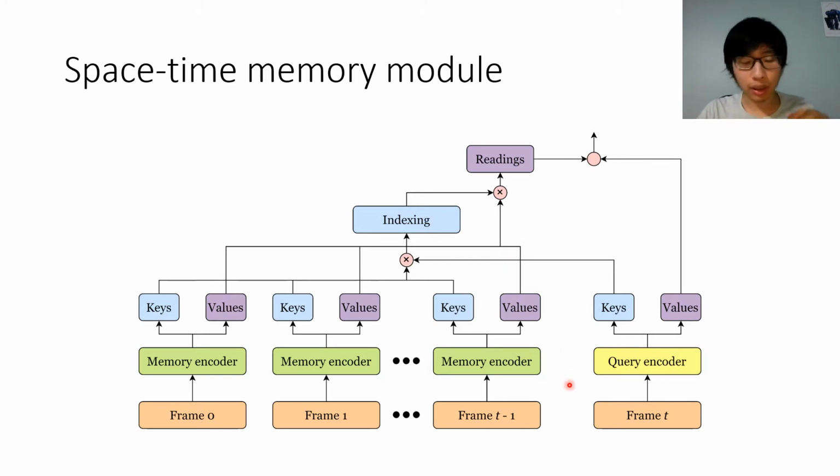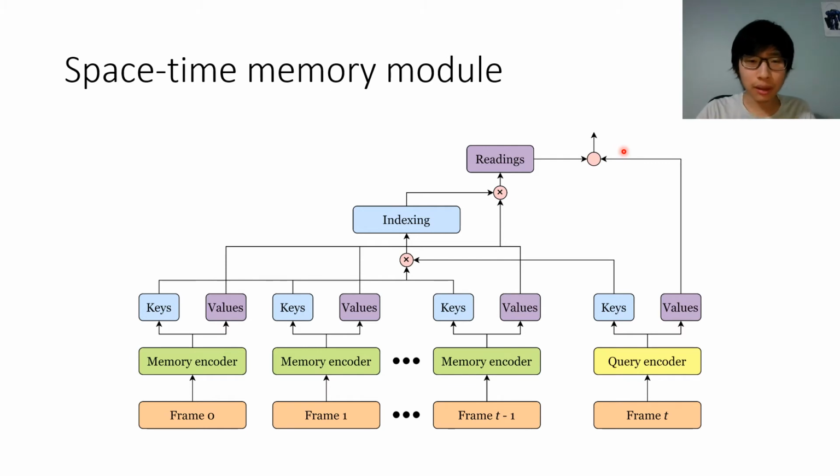And then for the current frame, you also use a different encoder to generate a key feature map and a value feature map. And then you use the current frame's keys and the memory content and put them into an attention mechanism and generate memory readings, which encode the information stored in the previous frames that is helpful to the segmentation of the current frame. Finally, you concatenate the current frame's value onto it, which generates the final output of the